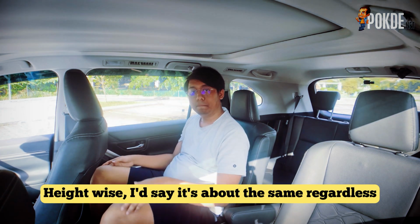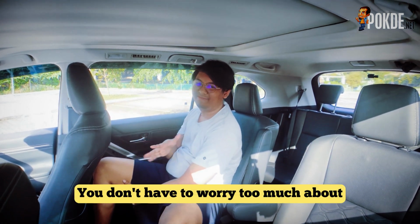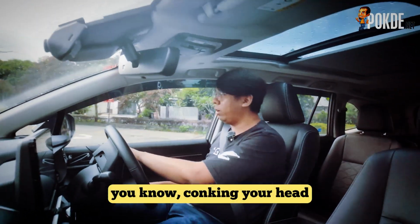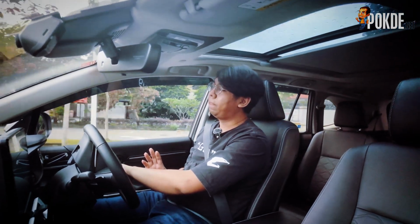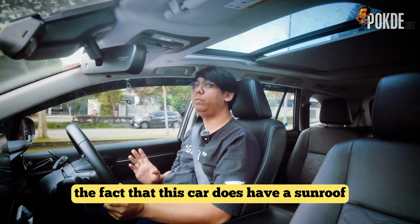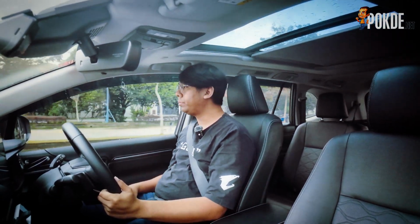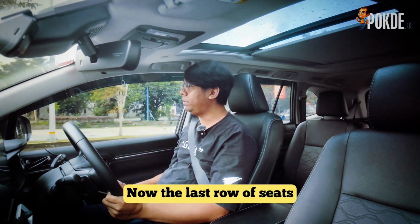Height-wise, I'd say it's about the same, regardless. It's a decent amount of space. You don't have to worry too much about conking a hip. But the fact that this car does have a sunroof would make it feel a whole lot more spacious than it actually is. Now the last row of seats,